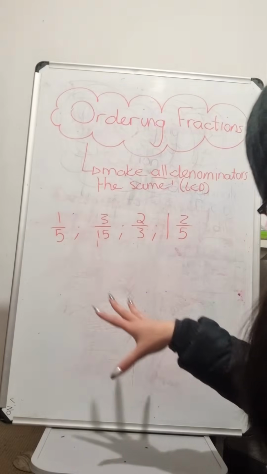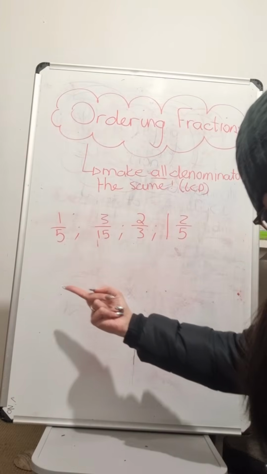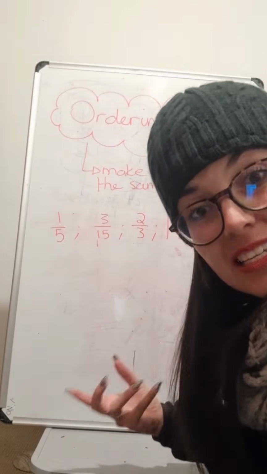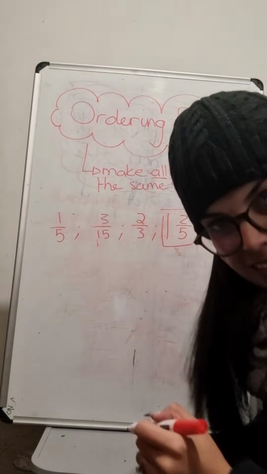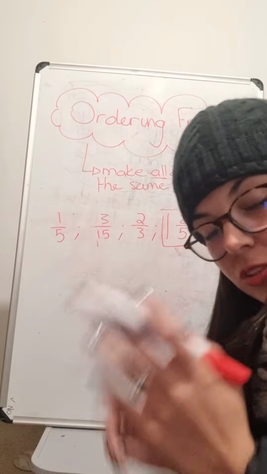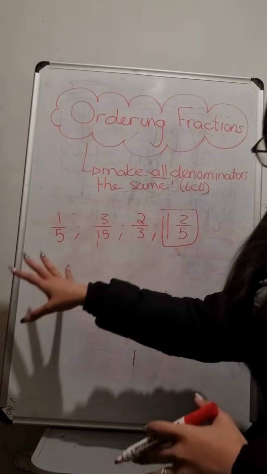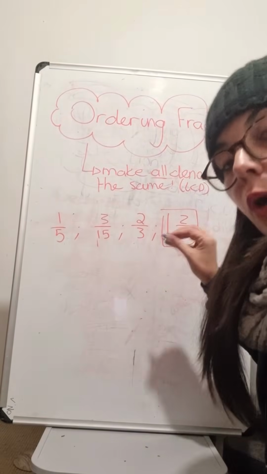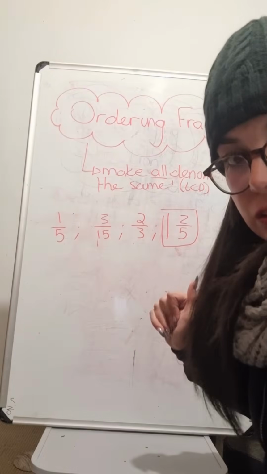I have a bit of a problem. 2 problems to be exact. My denominators are not the same, so trying to order these is not going to be very easy. And I have a mixed number. Okay, it's okay if you have a mixed number. It's not really the end of the world, but it is nice just to have them all the same. So I'm going to convert it to an improper fraction, then convert them so that they all have the same